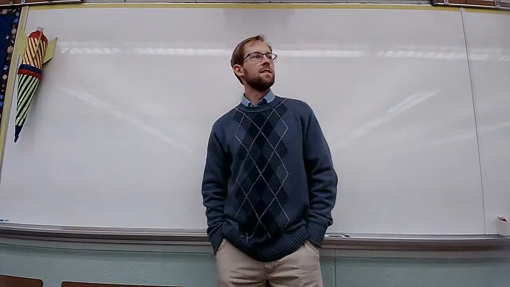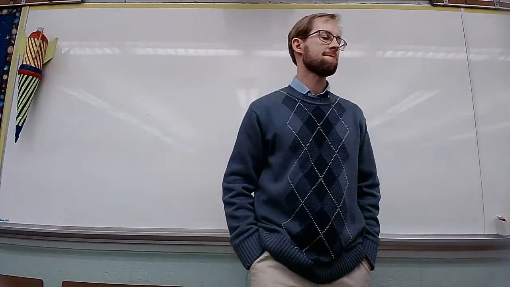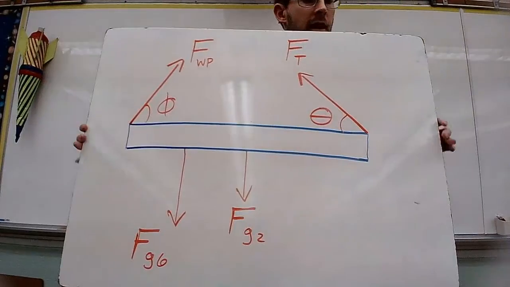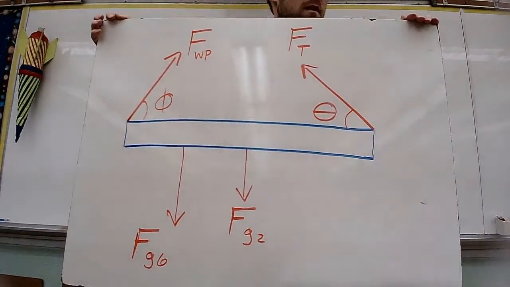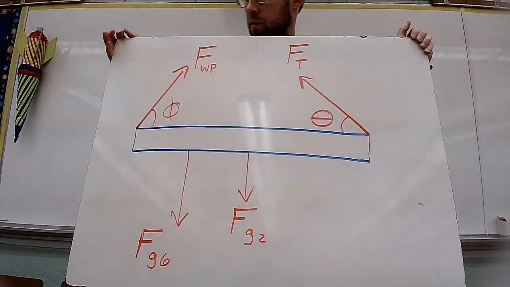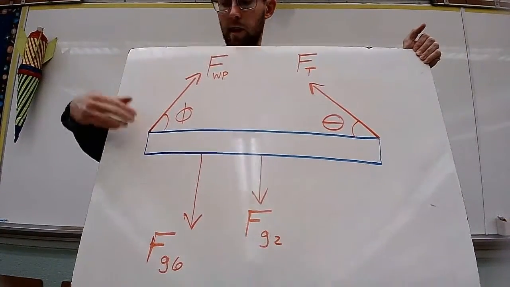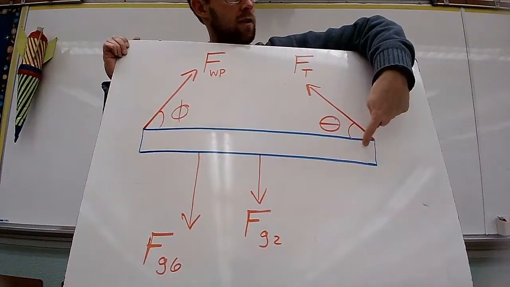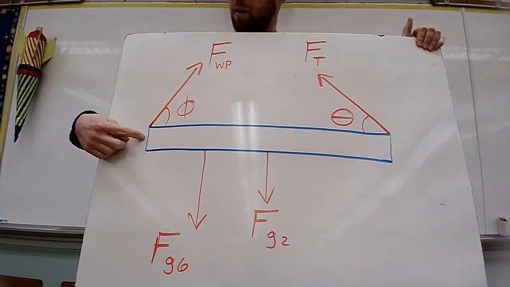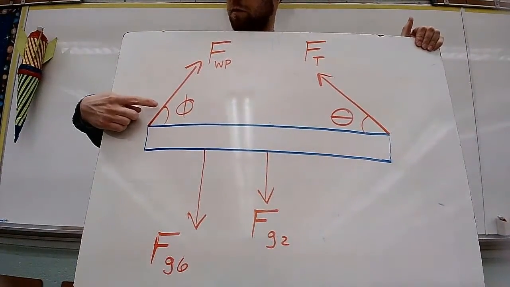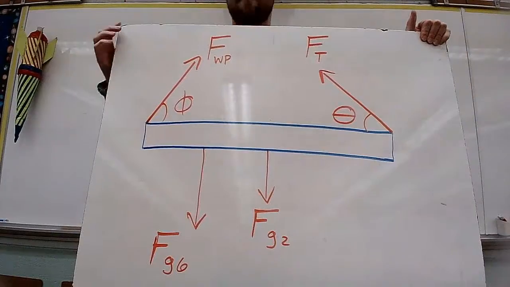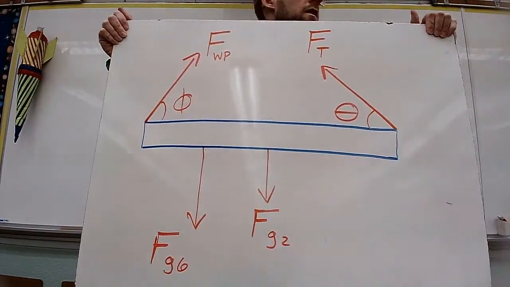Mr. Hathaway, does the FWP stand for force of the wall? Oh, yeah, I suppose I should say. FWP stands for the force of the wall on the pivot. Because in the picture that you drew before, there was a wall going up here, and there was a string coming down here holding this platform in place. The pivot would be right here. So this force is the force of the wall on the pivot. It's the overall direction that force would be going. Of course, the other force is tension force.